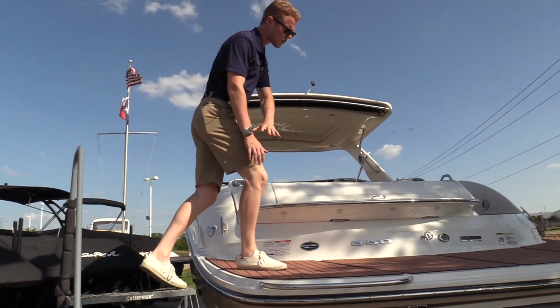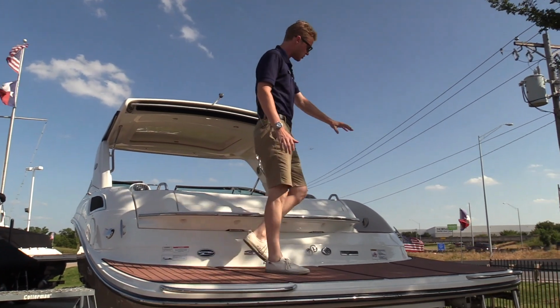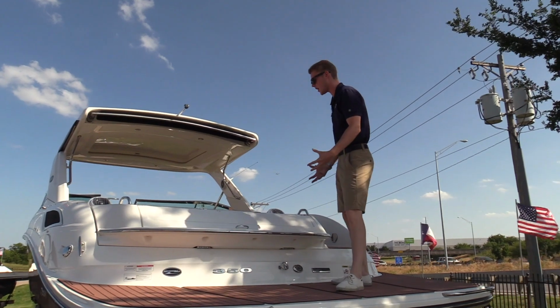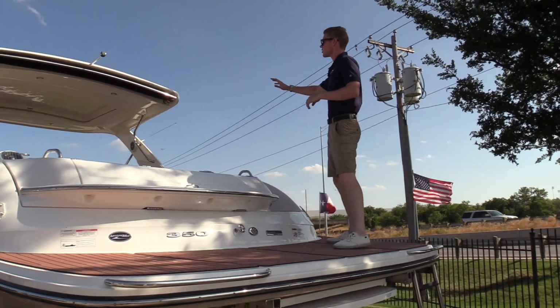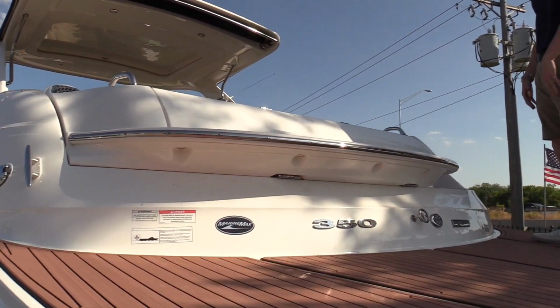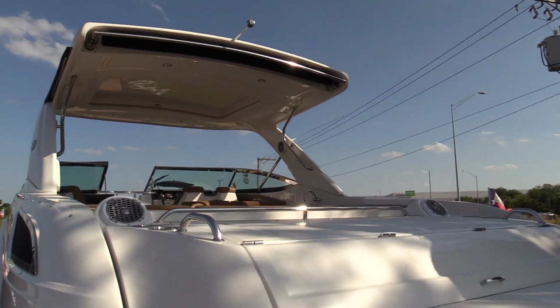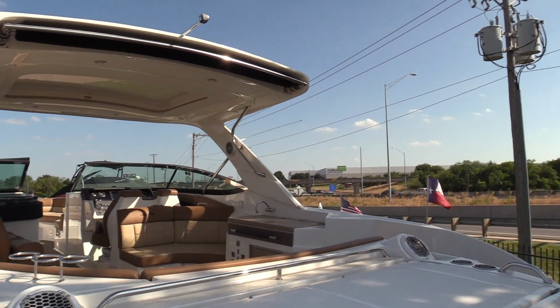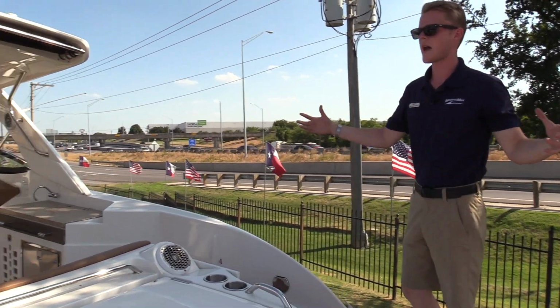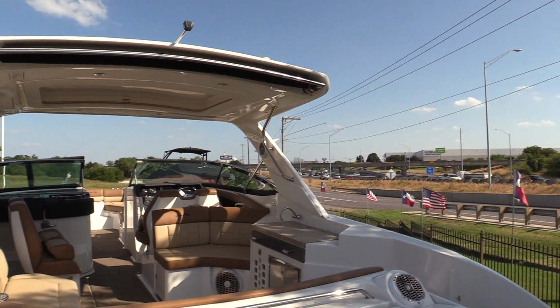We have the SeaDeck on the back of the boat, which is non-slip, really soft to the touch, and it does not get hot, so you can stand up here just fine. We are going to have this boat with the upgraded Rockford Fosgate stereo system, so you are going to have two speakers right here facing out, some really nice back loungers, and then a nice insulated cooler right here on the side. So like I said, the back of the boat is awesome to hang out if you're parked at a